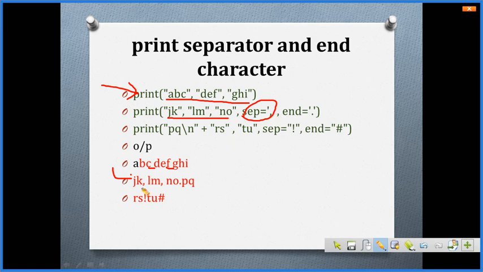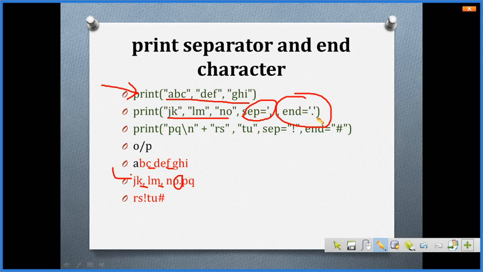Here I am using a comma for separating it, and I have also specified that I need the end as a dot. You can see that the dot is given at the end of this print statement.